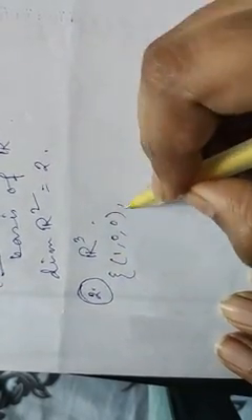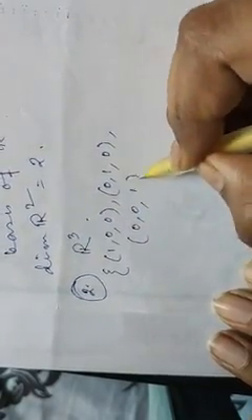Okay, and obviously the number of elements is 2, so the dimension of R square will be equal to 2. Okay, this is how we check any basis and its dimension. Similarly, we can take the next example as R cube, the vector space R cube, and we are considering the set (1, 0, 0), (0, 1, 0), (0, 0, 1).